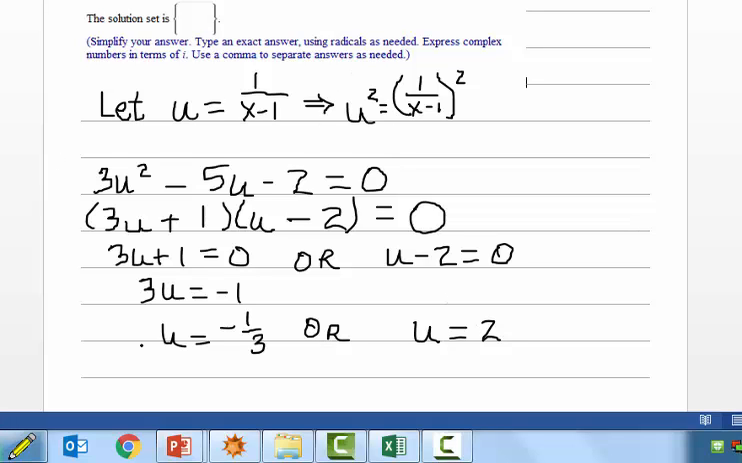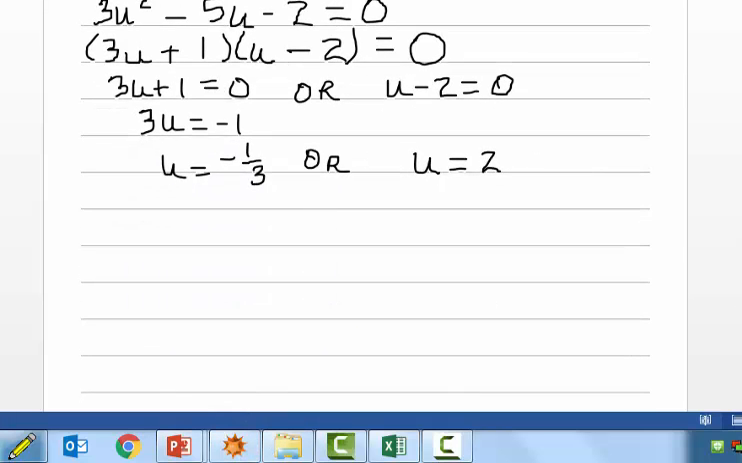So u, remember, is 1 over x minus 1. So where I see a u, I'm now going to put 1 over x minus 1. So 1 over x minus 1 is minus 1/3. And remember, when you have a negative fraction, you have 3 places you can put the negative: with the numerator, with the denominator, or level with the fraction bar. And I'm going to put this level with the